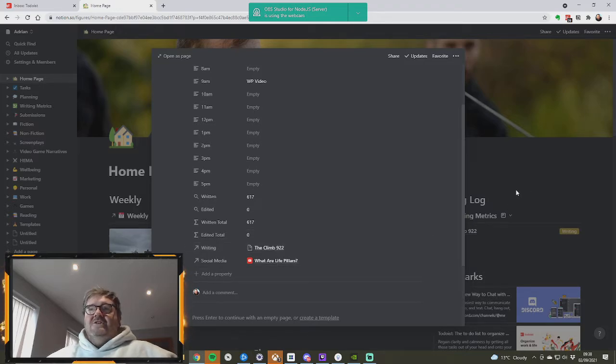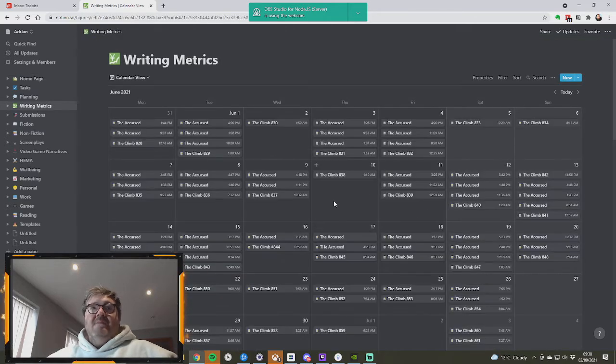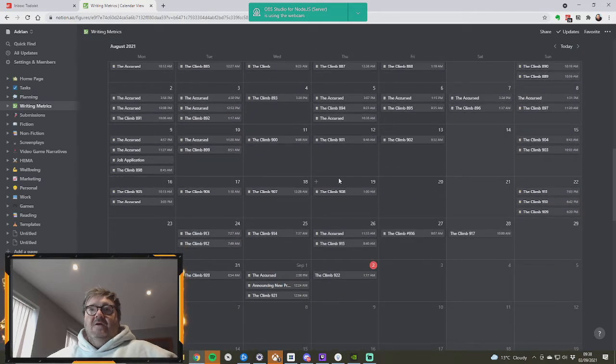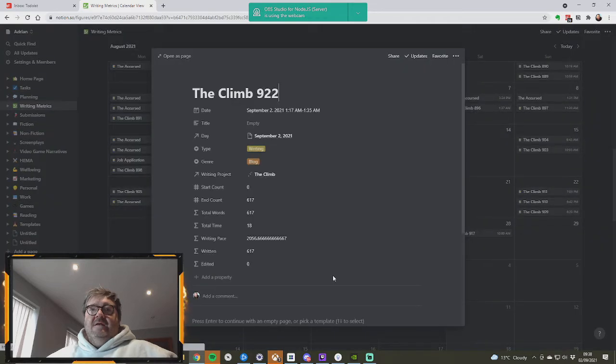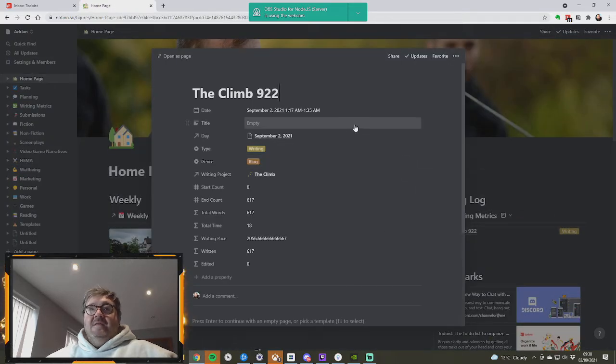For this one, it actually comes from my writing log. So I have a writing metrics database. So here we go. For today, there we go. So this is my writing log, and I've built this from scratch, and it's super simple to do. And what I love about this is that it took me probably an hour or two to figure out,